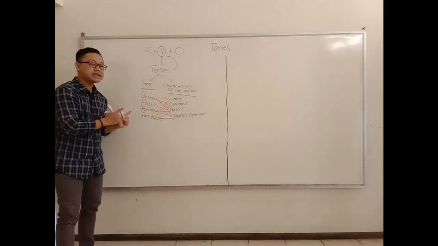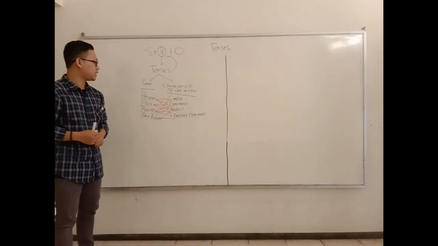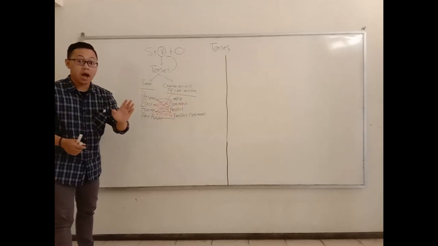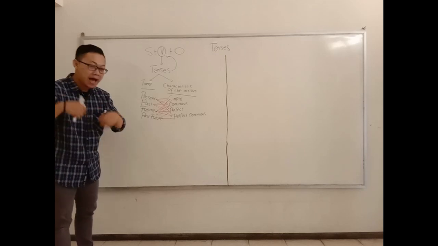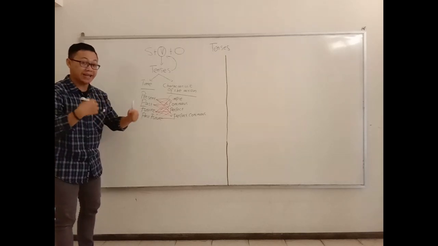Okay, good. This is the name of tenses. Jadi ada 16 tenses dalam bahasa Inggris, 4 waktu dan 4 sifat kejadian. 4 times 4 equals 16. 4 kali 4 sama dengan 16. Jadi ada 16 tenses dalam bahasa Inggris. Oke, sekarang kita lanjut ke identiknya.